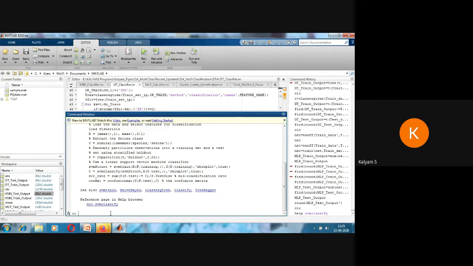So now directly I will tell you how to use SVM for the classification process for the same data set. Similarly, SVM structure is equal to SVM train. We have to give the training data. Here no need for transpose. So train data and corresponding train output. If you want, you can give show plot so that it will show the optimal hyperplane.